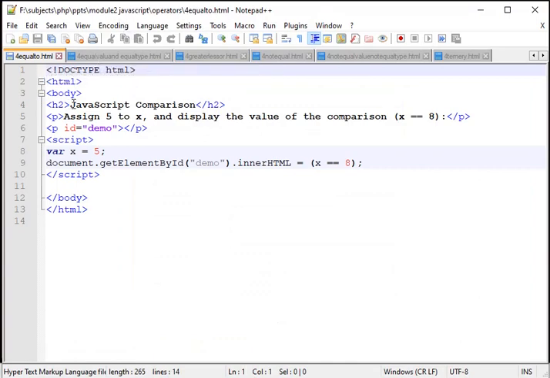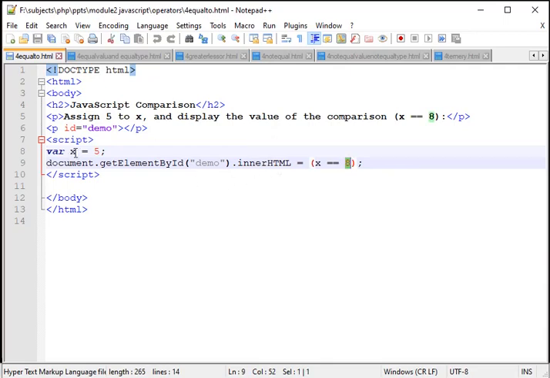First one, equal to. This is just like the double assignment operator, that is equal to. Here we have one value x assigned 5, then we are going to compare it with 8.